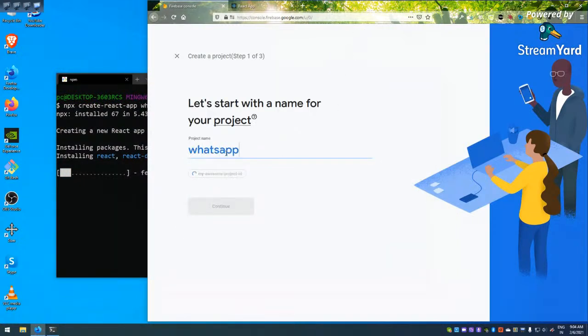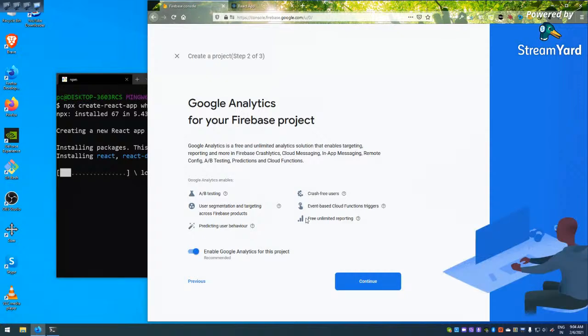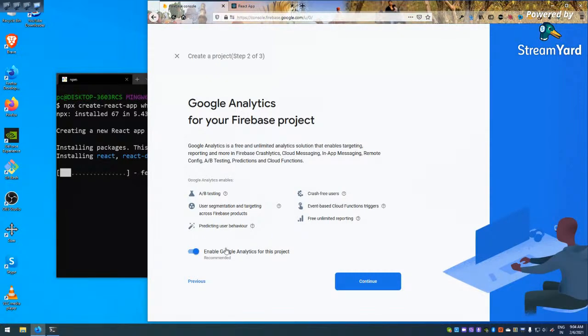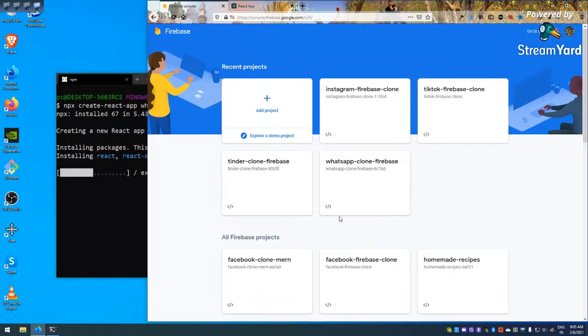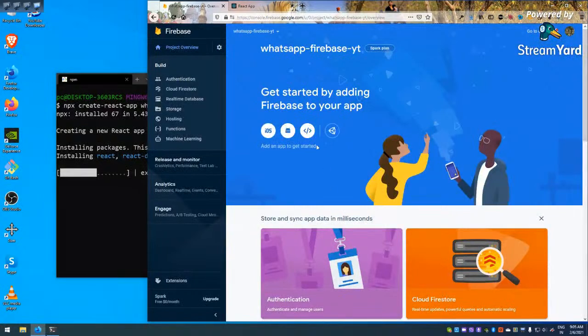WhatsApp Firebase YT. So this will be my name. Continue. Let me adjust my mic. Continue. No, I don't want Google Analytics. Create project. Creating project. Continue. And I have to go here, go to project settings,